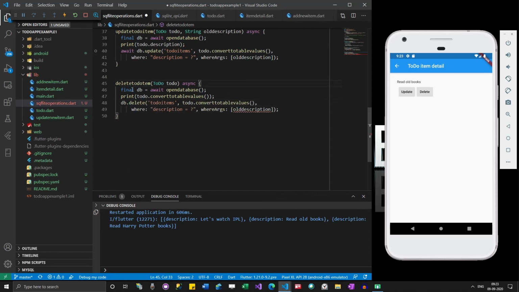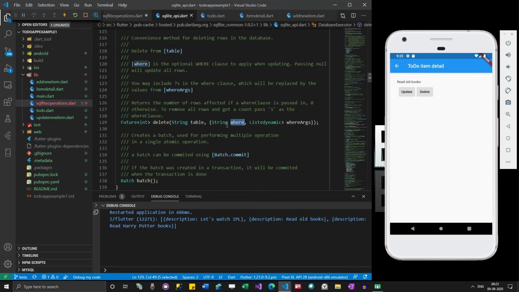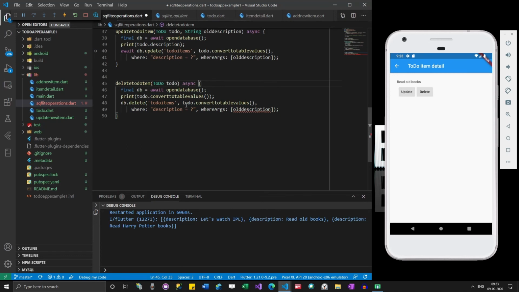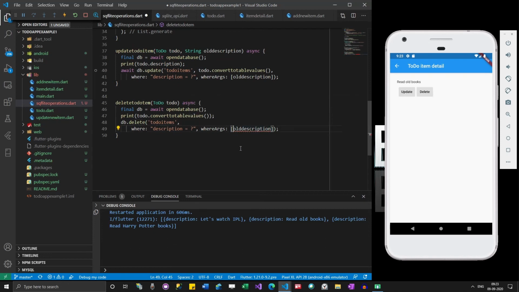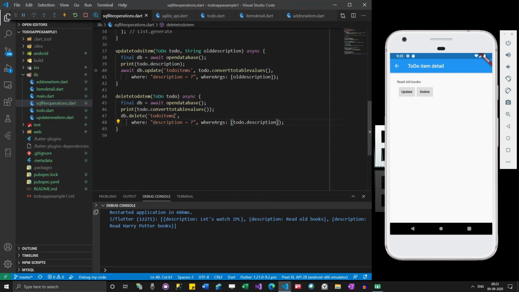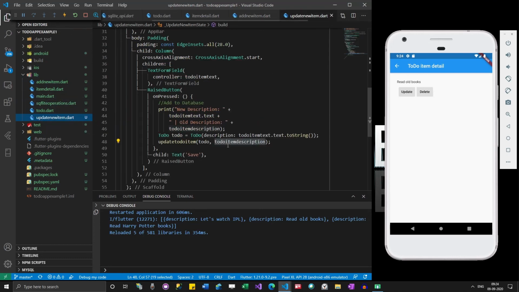Table where description is equal to do dot description.